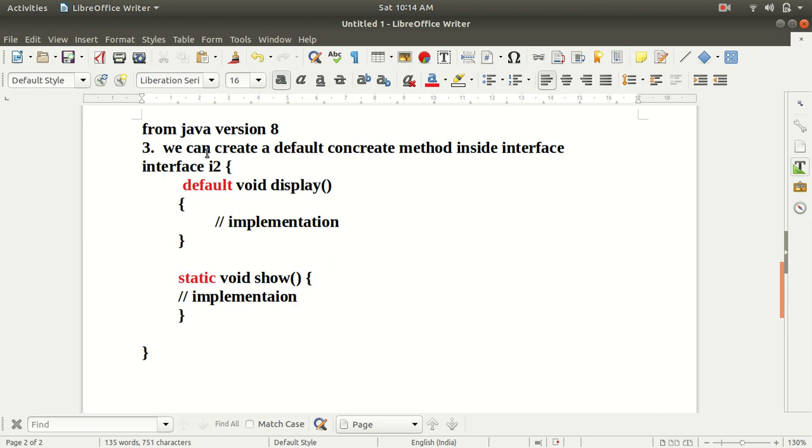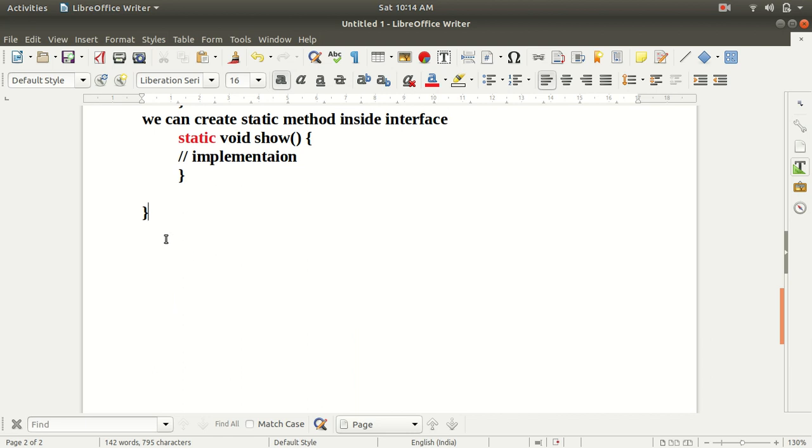So guys, from Java version 8 we can create a default concrete method inside an interface, and also we can create a static method inside an interface. So from version 8 we can write a default and static method inside the interface.